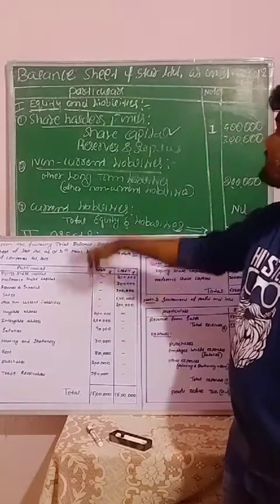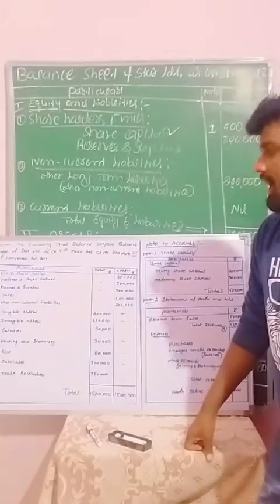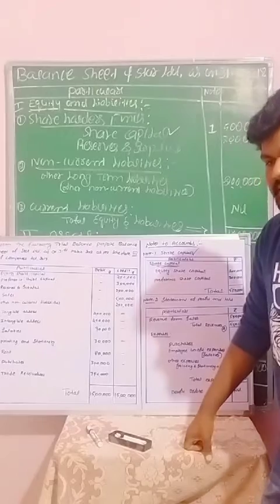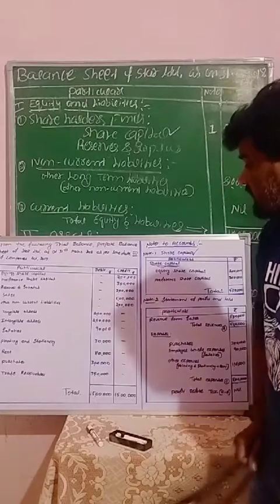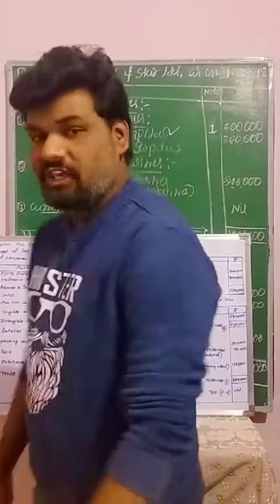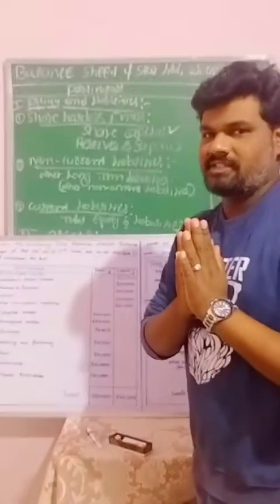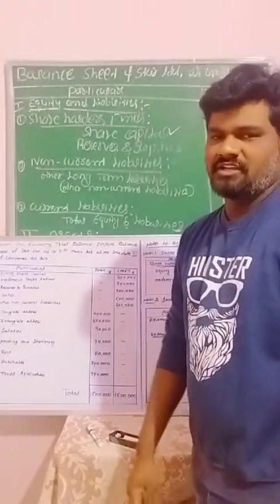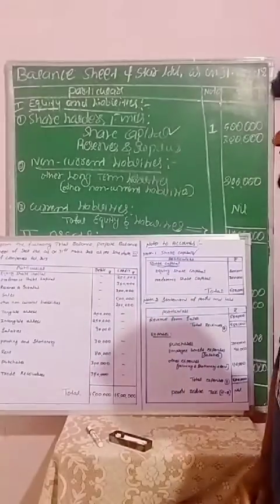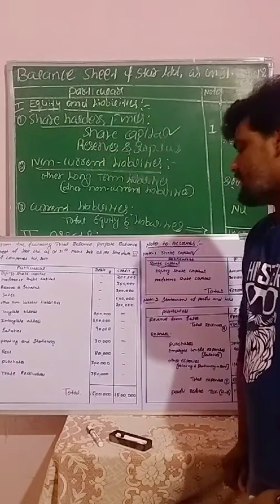In reserves and surplus, we include the profit and loss account for the previous years as well as whatever reserves are in the business. All such transactions we can record here itself. But one thing here: in this question they have given a few incomes as well as expenses. When we are preparing the balance sheet, there is no need to record those incomes and expenses. But now we need to ascertain whether there is either a profit or a loss in the business organization. Suppose there is a profit, then in such a situation we need to add this profit to that reserves and surplus account.